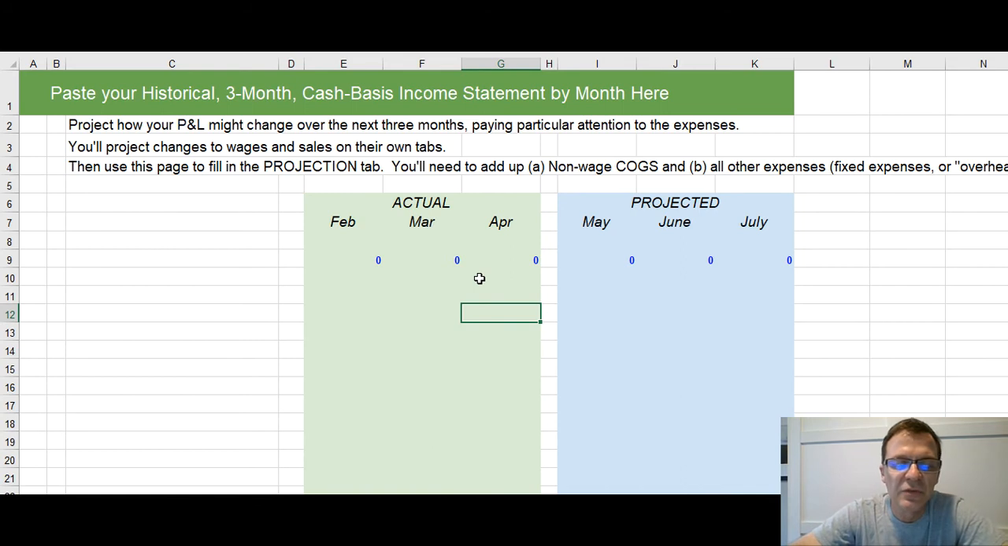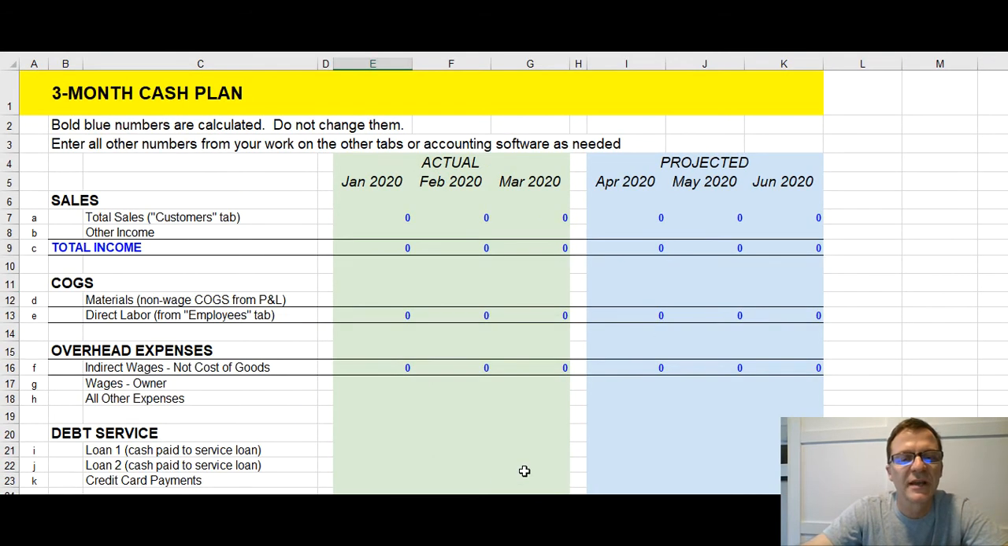This is just a worksheet for you to think through all of your other expenses. Okay, so finally what you want to do is hit the fourth tab, the cash plan tab. This is what you've been waiting for. And some of these things are going to roll up. So here's your sales that you calculated under the customers tab, but there's also a line for you to insert